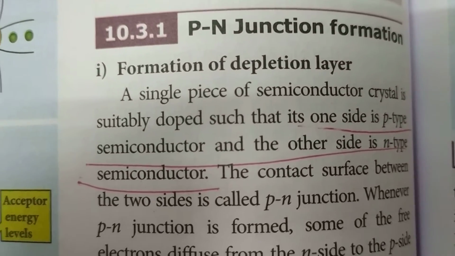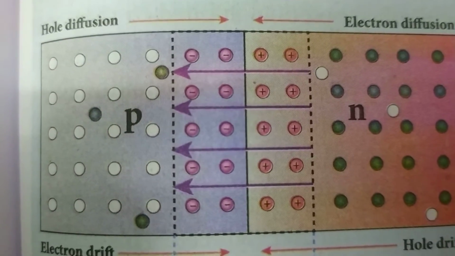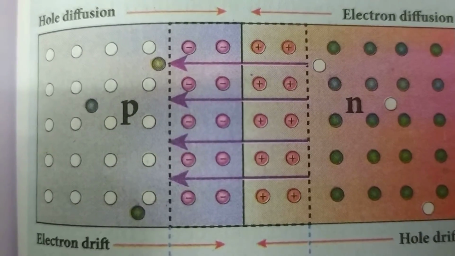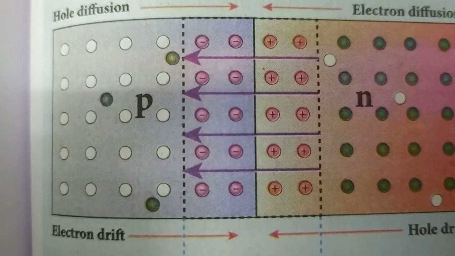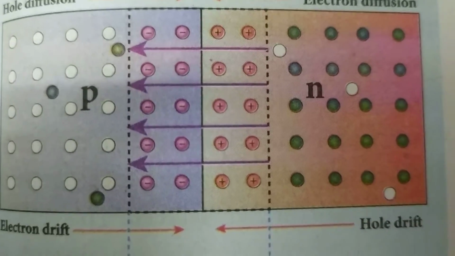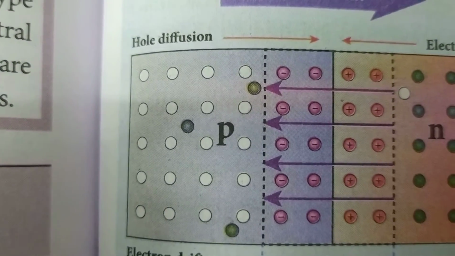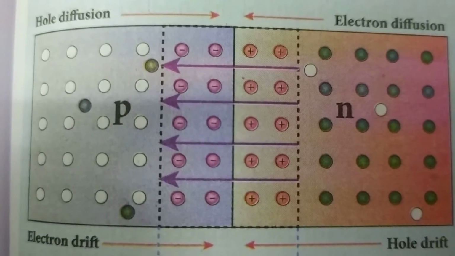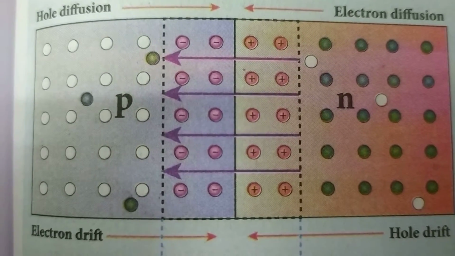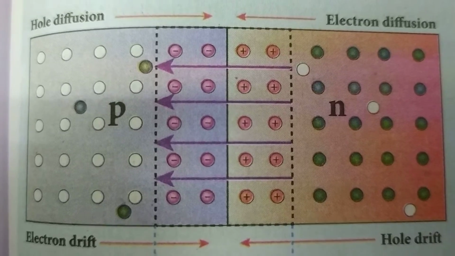So, the formation of a depletion layer: in this diagram, this violet region and orange region is called the depletion region. The depletion region is like a door which blocks the passage of further electrons and holes across the junction. Here the n type has electrons and the p type has holes. The depletion layer is in between the p type and n type layers, and we shall see how this depletion layer forms. The center line is usually called the junction.